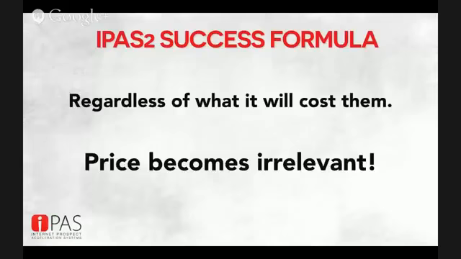So regardless of what it costs them, price becomes irrelevant at this point, and this is where everybody gets confused and thinks they know everything in the world, but it goes against what your common logic might say. Price has nothing to do with it. Tony Robbins sells packages upwards of $60,000, and people pay it all day long. It's because he sets them up on his front-end core offer and his tripwires and his business model, and so in the back end for his seminars, he sells out, and everybody goes and they buy personal coaching from him because price is irrelevant. They want it, and they know why they need it for their life.